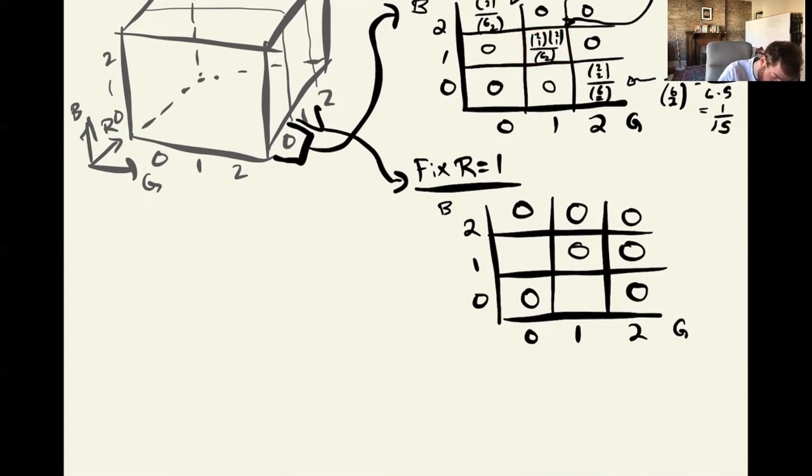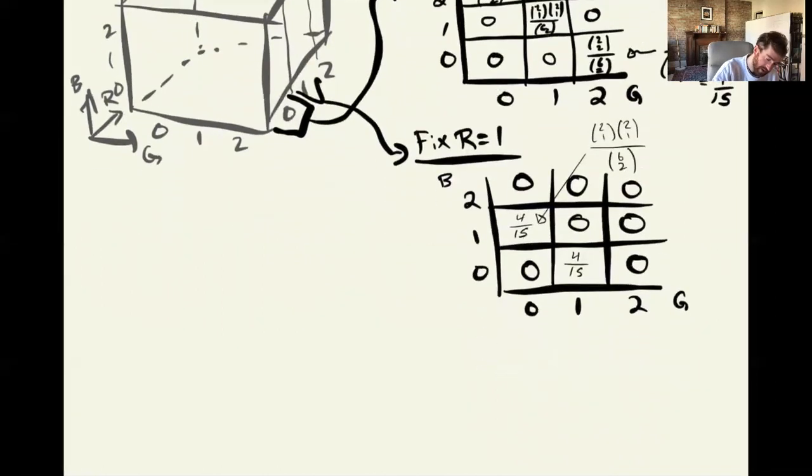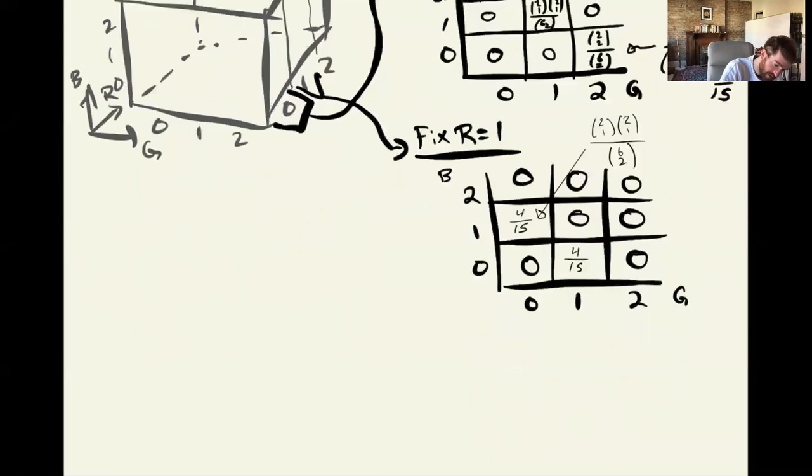So if you believe that logic, then we end up having 4/15 over here and 4/15 over here, which again just comes from 2 choose 1, 2 choose 1 over 6 choose 2. All right. So where are we at so far? We've already accounted for 6/15. Now we have 8/15, and this bodes well because we've got one more slice to consider,